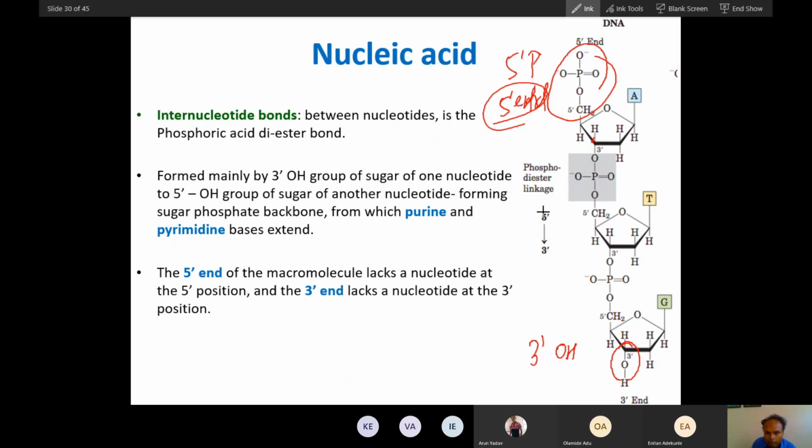So we name the direction of this nucleotide. We count like 5' to 3' like this, because 5' is free and 3' is free. That is why we give a direction. We give a direction of 5' to 3'. So did you understand this direction, 5' to 3'? This 5' is free, this 3' is free. So we give the 5' to 3' direction.